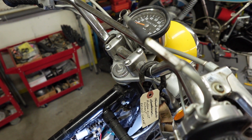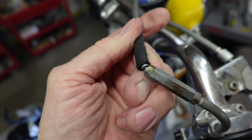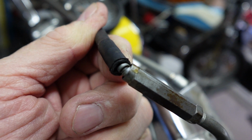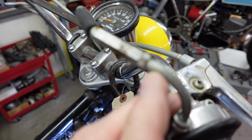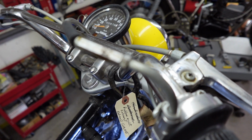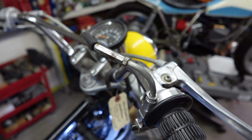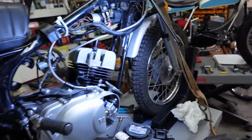Okay, you can kind of see here what I'm talking about. We've got a bunch of tape wrapped around this, and you can see that it's split underneath there. So that's a problem, although we do have most of the adjustment here. I'm just afraid that when I take this off I might find another problem. But I mean, just having the problem there that it's broke is enough. So we probably need to do this upper cable. And when I get around to the carburetor's end,